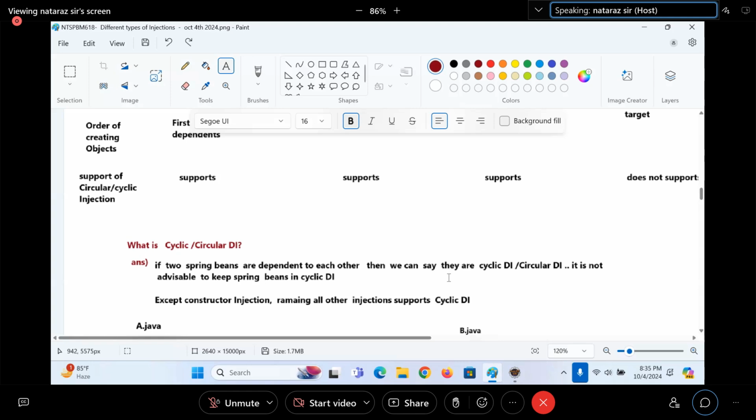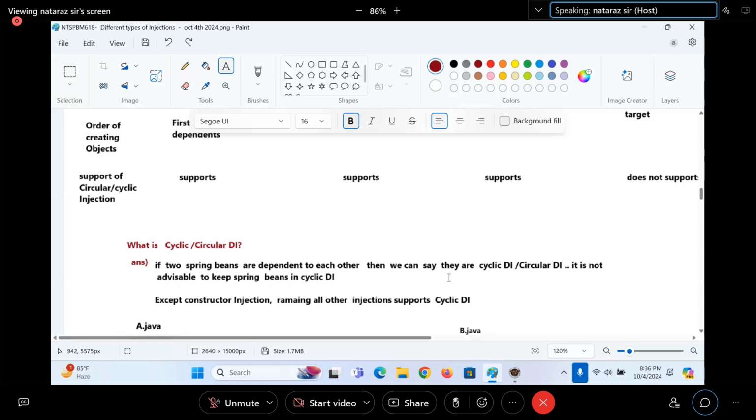It will try to create the dependent first. So it loads the B class and notices @Autowired is there on the constructor. What's the parameter type? A class. Again it comes to A. A class is having dependency on B. It goes to B. B is having dependency on A. It goes to A. It will definitely create a deadlock situation or not?